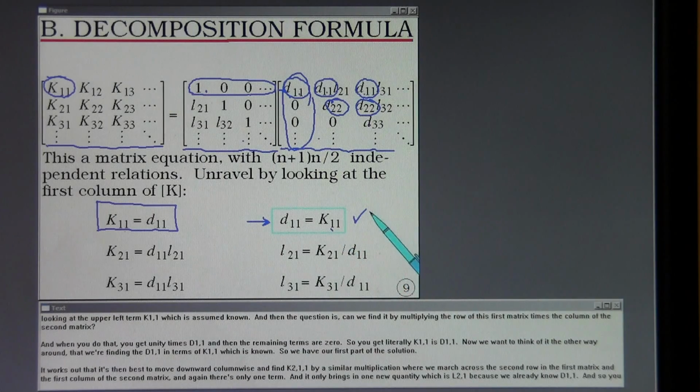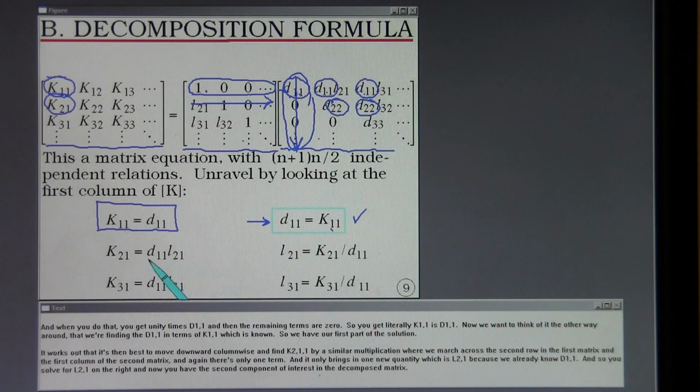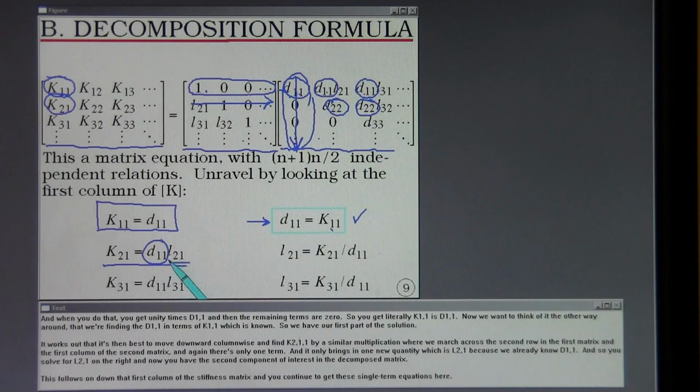So we have our first part of the solution. It works out that it's then best to move downward column-wise and find K21 by a similar multiplication, where we march across the second row in the first matrix and the first column of the second matrix. And again, there's only one term, and it only brings in one new quantity, which is L21, because we already know D11. And so you solve for L21 on the right, and now you have the second component of interest